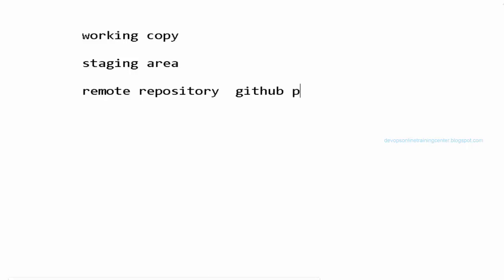Then we have something called index area, then we have something called staging area, and then we have remote repository. This is nothing but GitHub. Okay, this is nothing but origin, right?